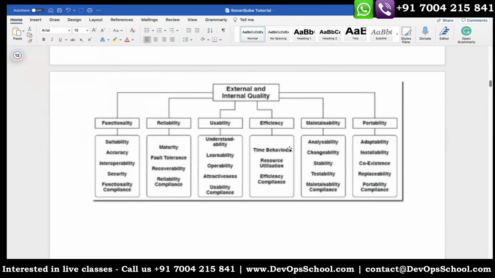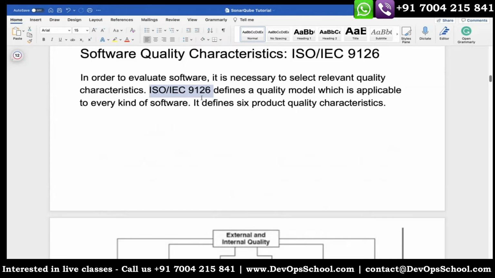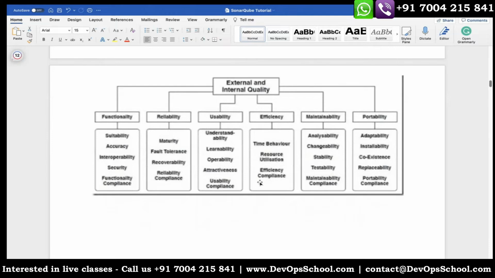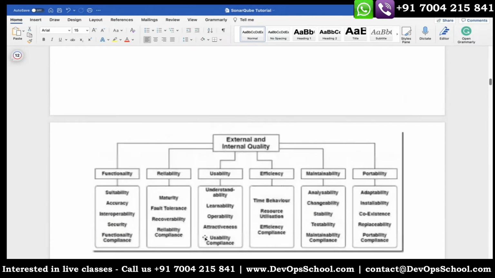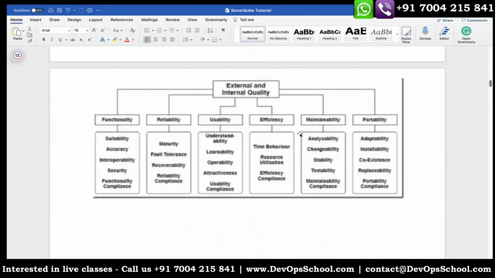We want our application to have proper resource utilization, such that it should not cause any kind of resource crunch. Resource utilization is part of efficiency, so your application must be efficient. Whatever we are discussing is part of this particular model, the ISO IEC 9126 model, and it is a column that should be discussed for any application. It is not valid for just some applications, it is valid for all the applications. Then, when we talk about maintainability, there are definitely different types of